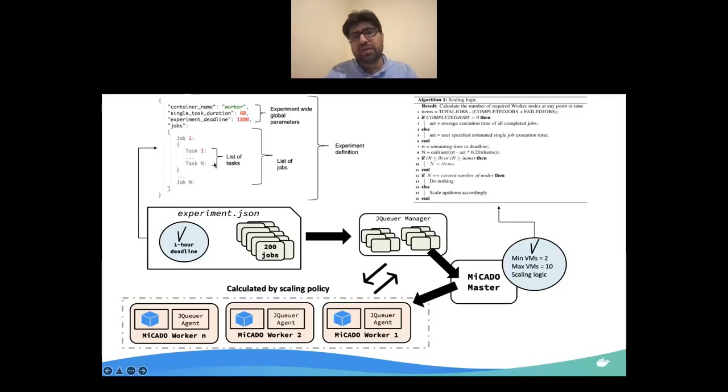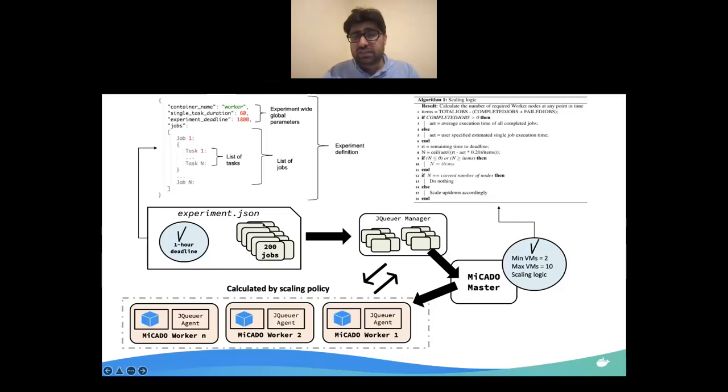That could depend on the nature of the jobs. But other than that, the experiment will have a deadline, like in how much time this experiment should be completed, and an initial average estimated time for one task or one job.